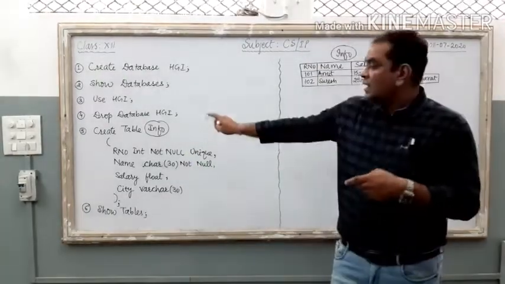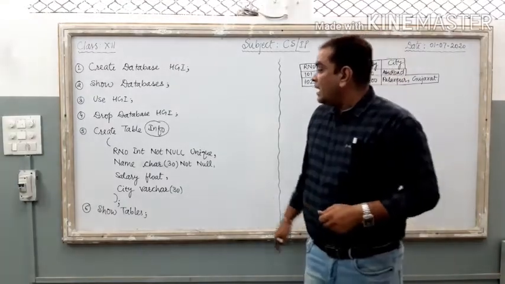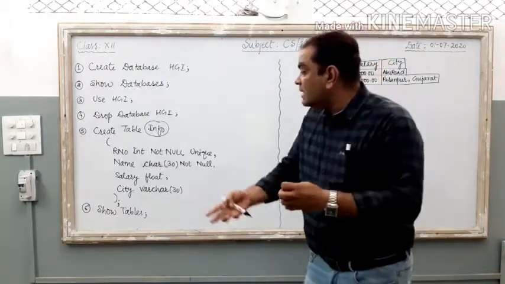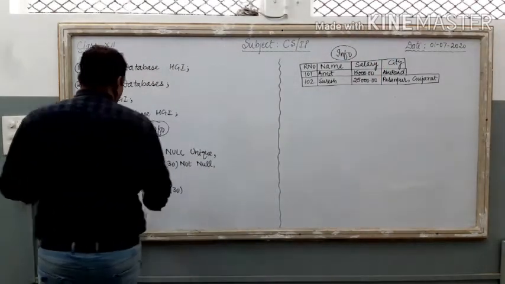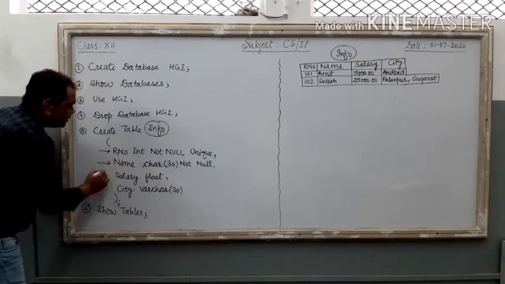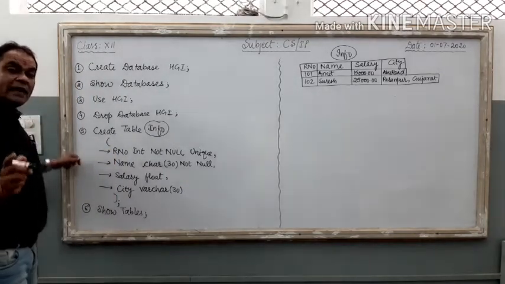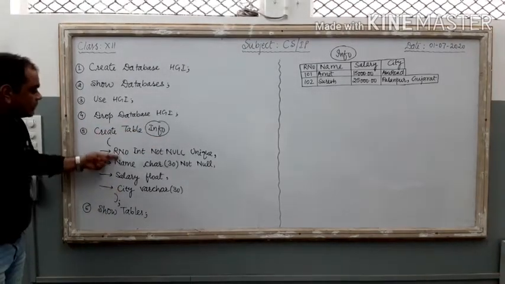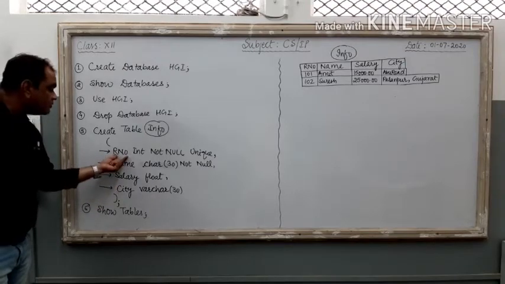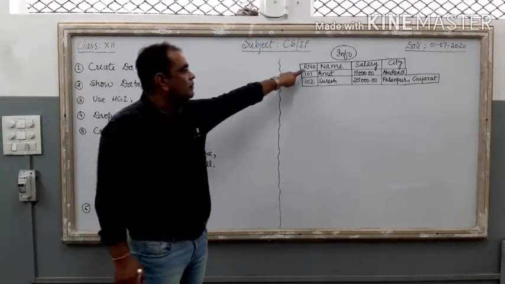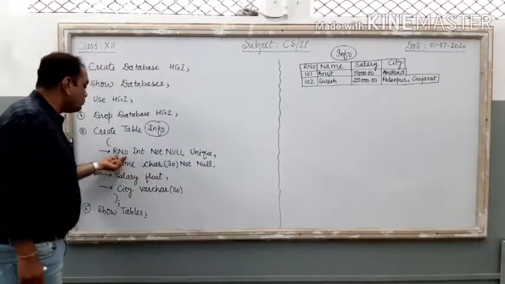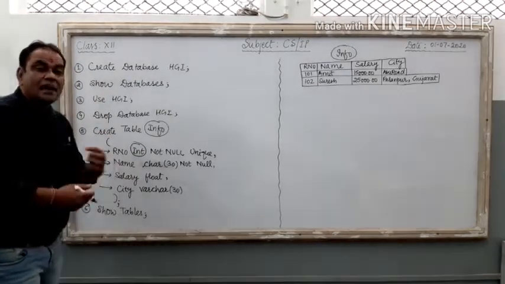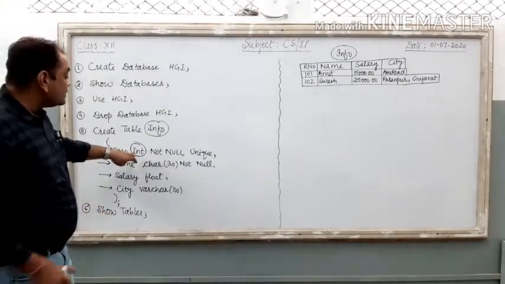command over here, create table info, and then how many columns I require in that table, how many columns I need in that table. These columns I have to write in separate lines. Just see, 1 2 3 4. If I want to create 4 columns in the info table, look at the command formation. Done? The first one, RNO. The first column of the table is RNO. So very first I am going to put the name of the column, then space, it is the data type of the column, which type of data I am going to enter inside the RNO column.